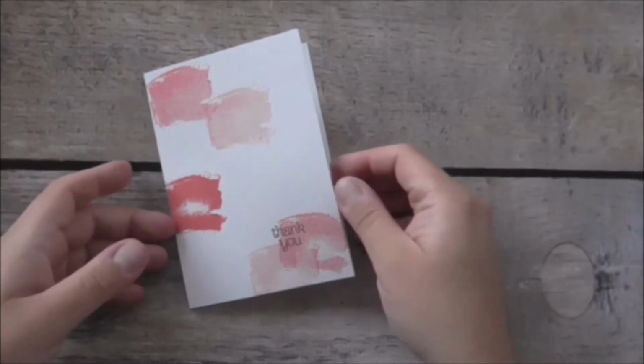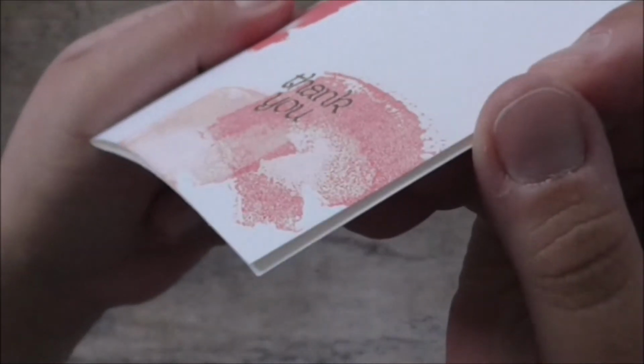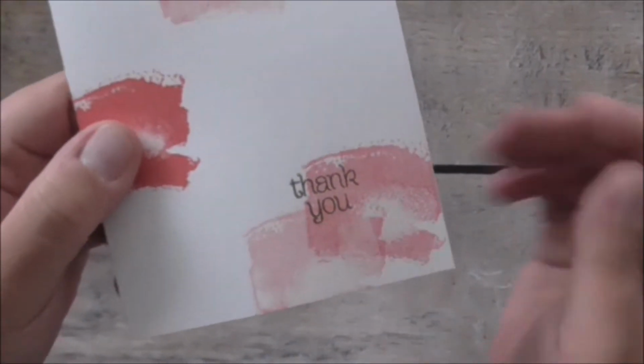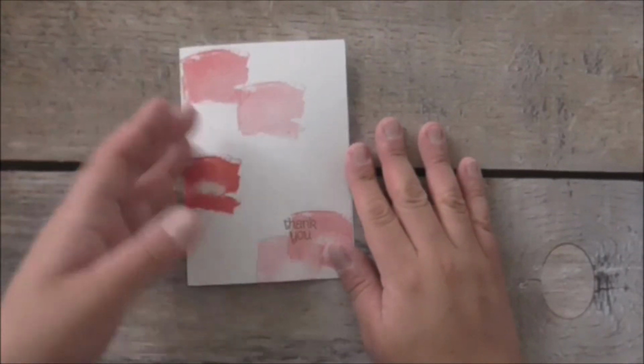Hi, I'm back, and I've just gold embossed the thank you. So I'll just show it to you how it looks. It's nice and shiny. It's just beautiful. It adds a lovely, lovely touch to this. So I've popped the thank you there, and what I'm going to do now is we're going to do some